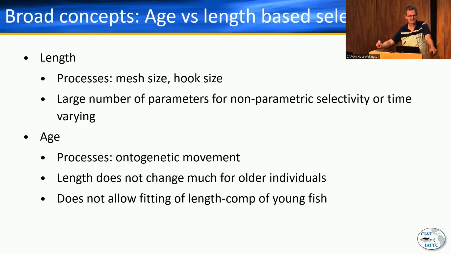Another thing to consider is that length doesn't change much for old individuals. For using age-specific selectivity for old individuals, even though the processes are length-based, it might actually be still okay, especially if you're trying to do time varying and you want to have fewer parameters. But typically what we see with age-based selectivity is you can't fit the length distributions of the young fish because it is a length-based process and the age selectivity just doesn't allow